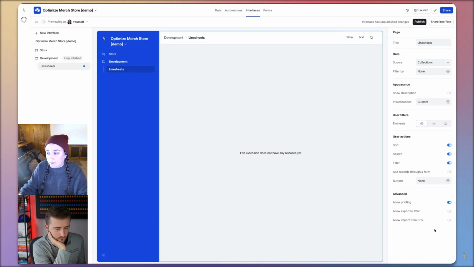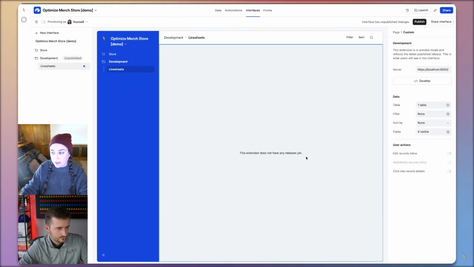I haven't actually done anything custom in here yet. So when you're on the big selection, it's the normal configuration. And then when you actually click into the custom itself, you're going to see this configuration panel. And then you'll see development. So it's telling you it's in preview mode. And then you're going to see this develop button right here. So if I select develop,